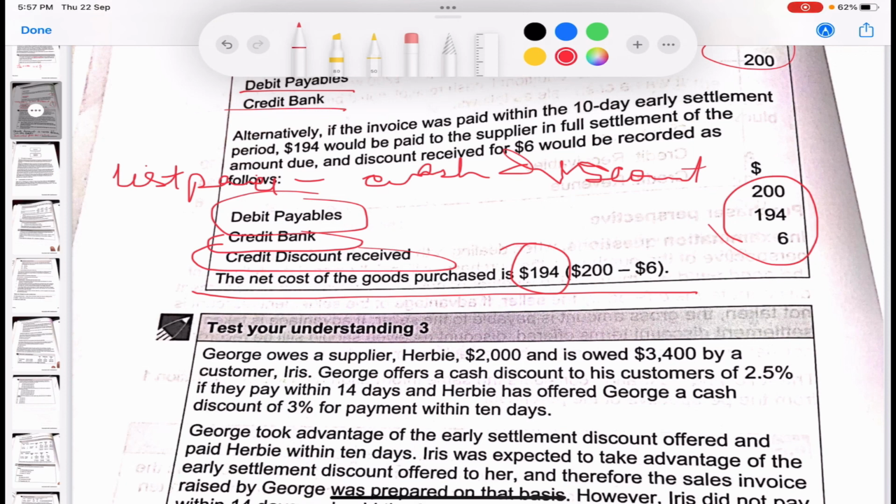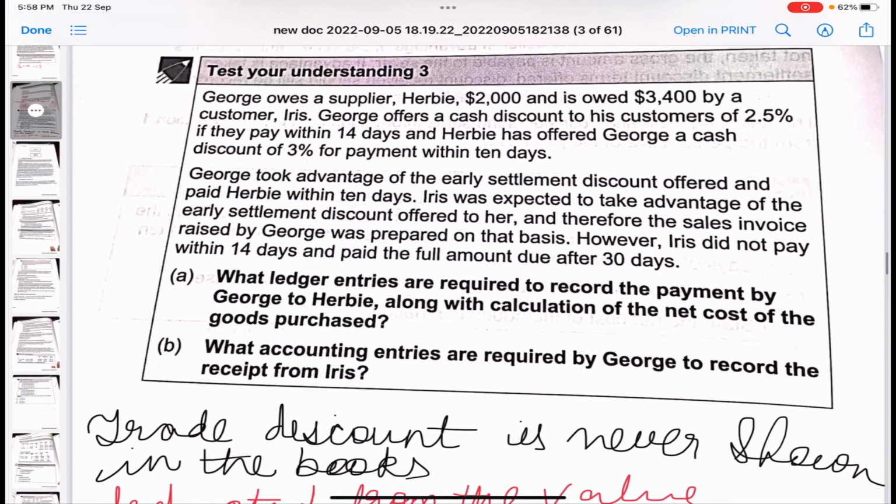A discount allowed account will not be opened in ACCA. That is something which we will be only doing in the grade 12. However, there's nothing to worry about because we just show the same treatment of the discount allowed in the revenue only, as we have done in the above question. But in the case of a purchaser, we always open a discount received. So when a discount we are receiving, it is an income for us, so it gets credited. Okay, now let's see what the